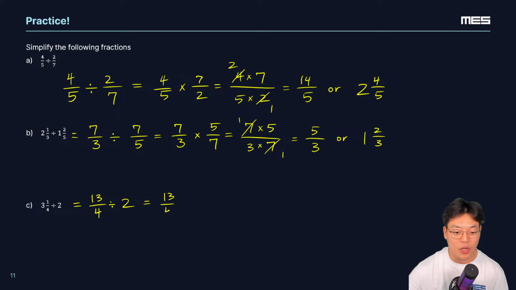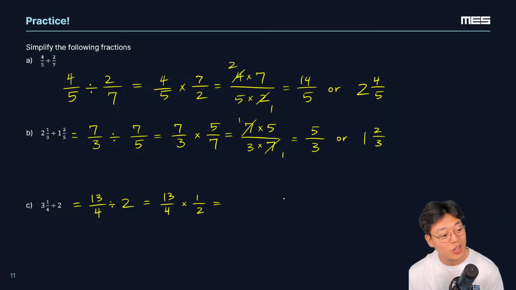We have 13/4, and I want to rewrite this as a multiplication. How can I rewrite this as multiplication? Right now, we're dividing by 2. That means we can multiply by what fraction? If we divide by 2, if we divide something into 2 pieces, that's the same thing as having half of the original fraction we have. And yes, Chloe, you're correct, times 1/2. And notice, 1 doesn't have anything in common with 2. 13 and 2 don't have common factors as well. So this time, we're just going to multiply straight across.